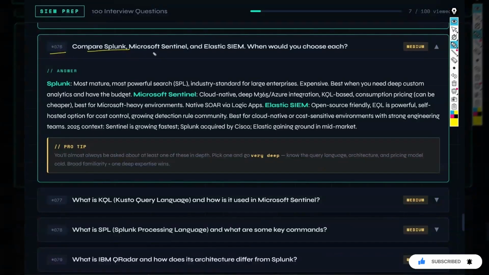76. Compare Splunk, Microsoft Sentinel, and Elastic SIEM. So when would you choose each? Number one is Splunk. Splunk is the most mature because it is very old and the boss of SIEM, and it has the most powerful search,